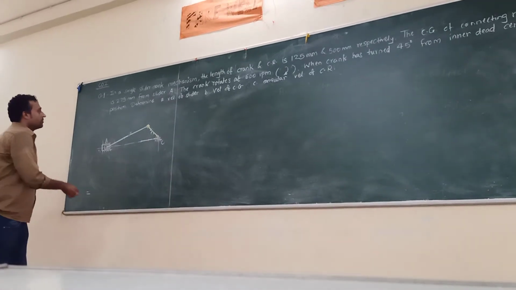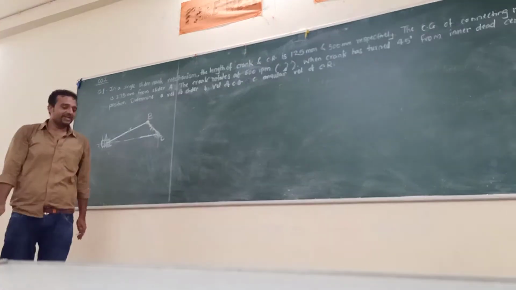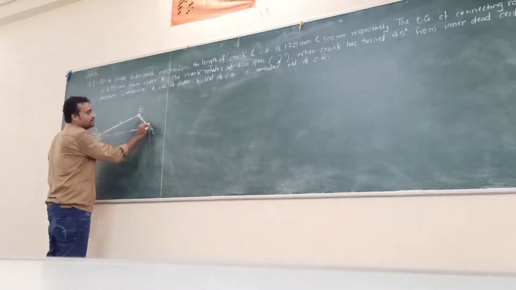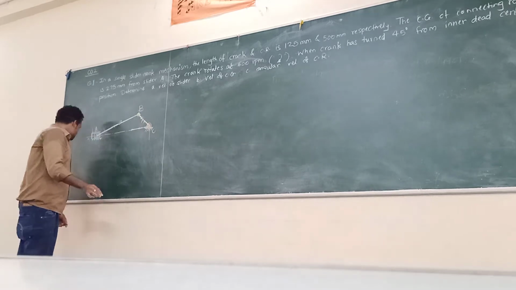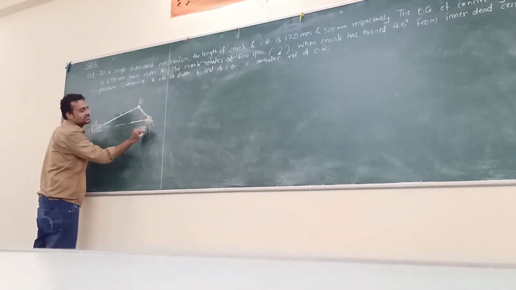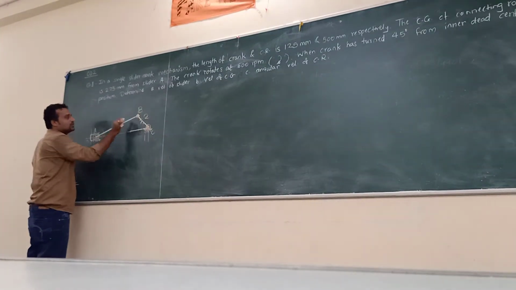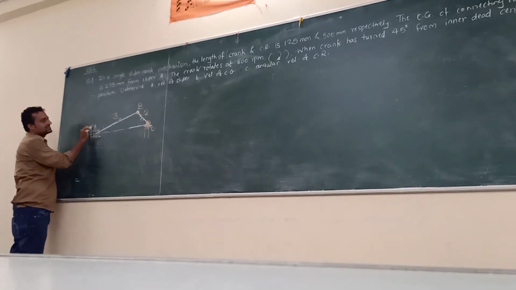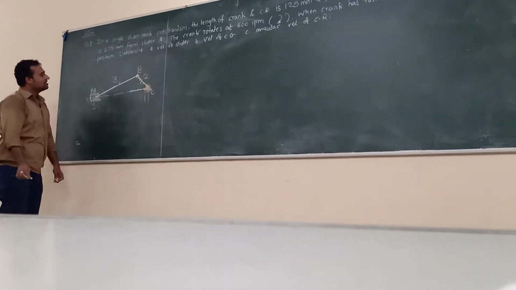Now we'll solve this problem by using the third method, which is by locating the instantaneous center of rotation. First we'll locate all the centers which we can locate by observation. So let us first name these links. Fixed link is 1, triangle is link number 2, this is link number 3, this is link number 4, slider, and it is moving over link number 1, which is the fixed link.